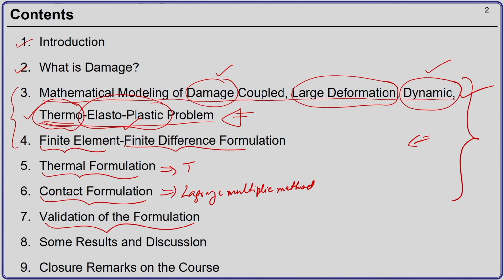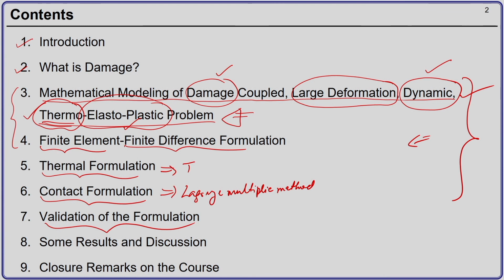The purpose of this is to show the steps when you yourself will write any formulation and develop any code. Based on some formulation that you have developed, you will first have to do the validation of your problem. Validation means you take some examples from the literature which are already available, which can be done using the formulation that you have developed in your code, and then you run those problems using your own code, and you match your results with the results that are reported in the literature for that particular problem.